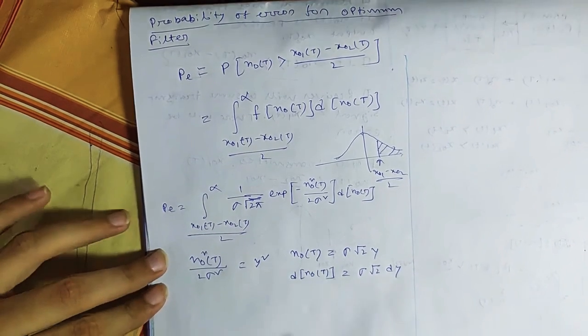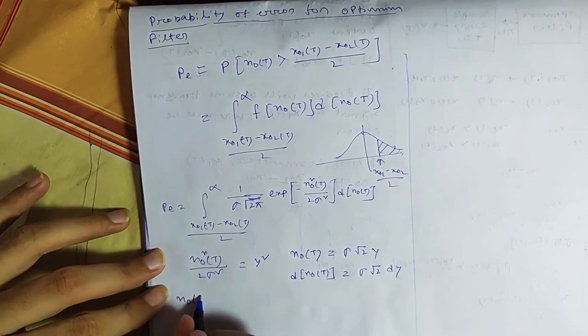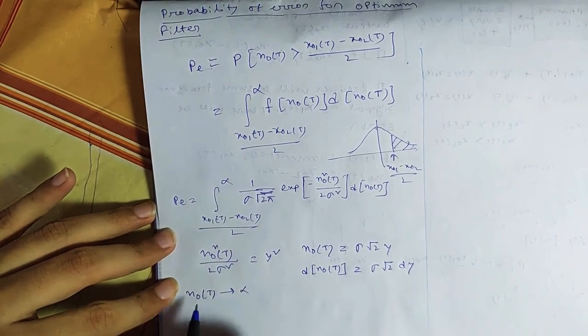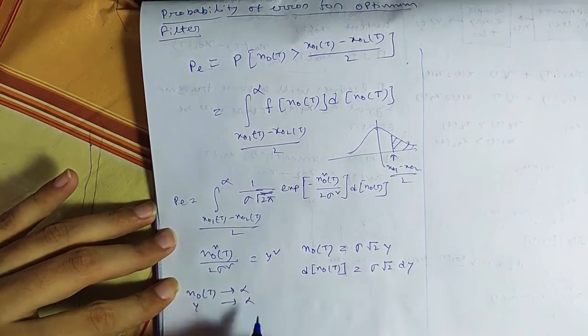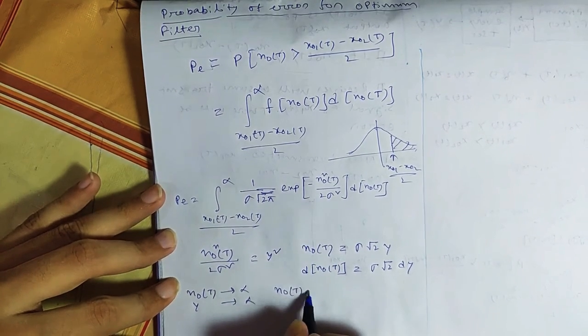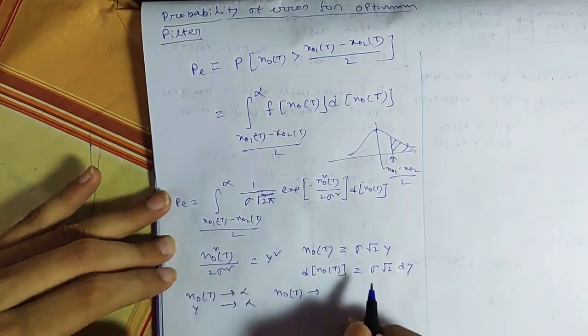Now as n0 tends to infinite, y tends to infinite, and n0t tends to this lower limit, x01t minus